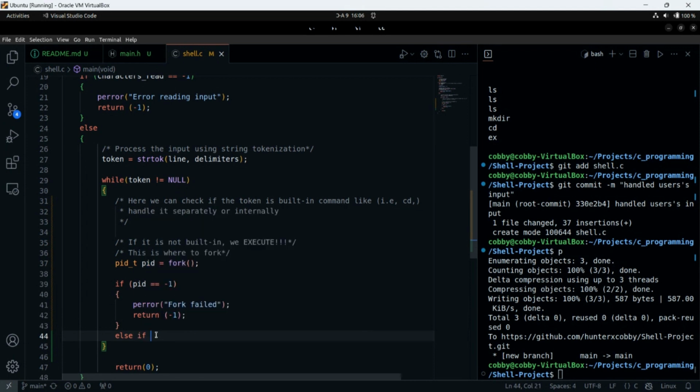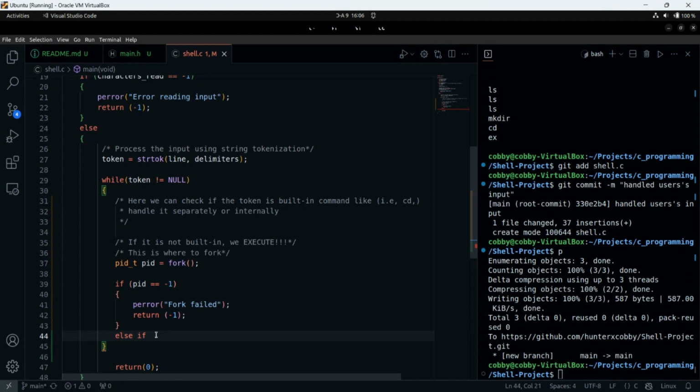This is what we are going to do. Else if, you want to write an else if statement that in case the process ID is equal to -1, then we want to print that fork failed.